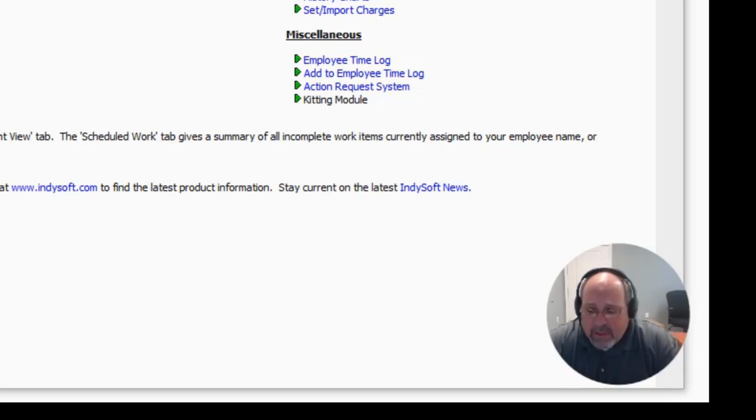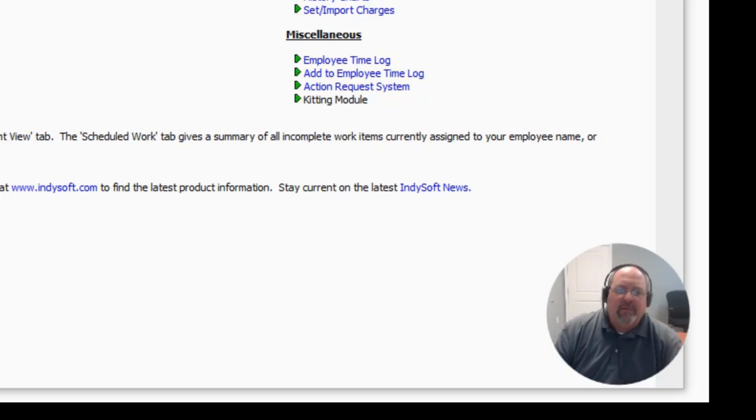We get quite a few calls regarding implementing or integrating barcoding with the software, so I thought a quick video might help you guys out. A couple of things: barcoding can be useful for launching events and adding equipment to the events. For example, if you're receiving items or checking out items, you can just scan the items you want to check out and it'll automatically add those to the event. You can also perform searching